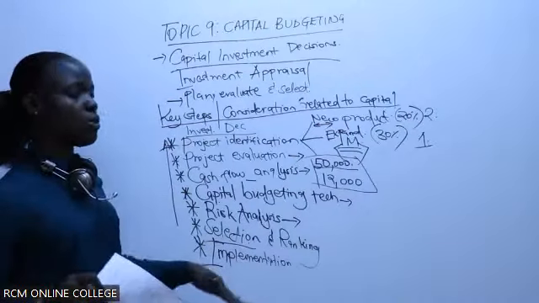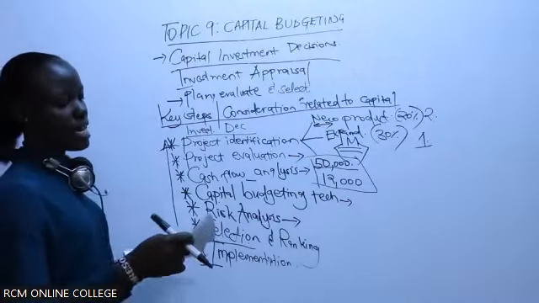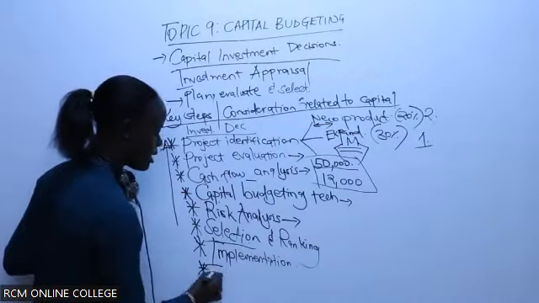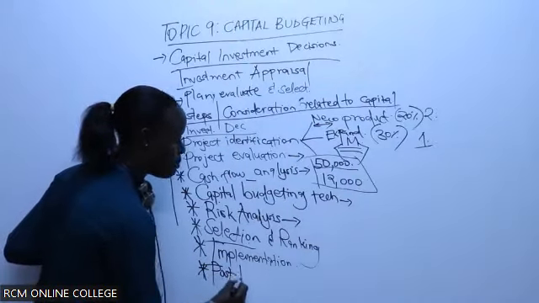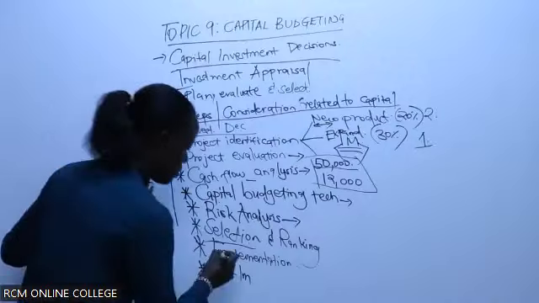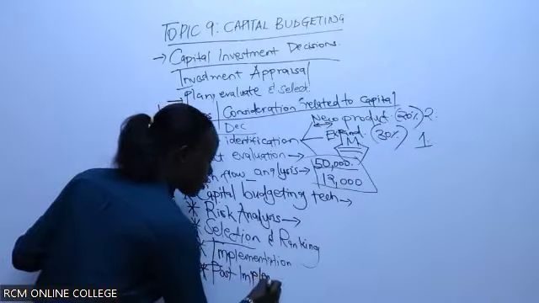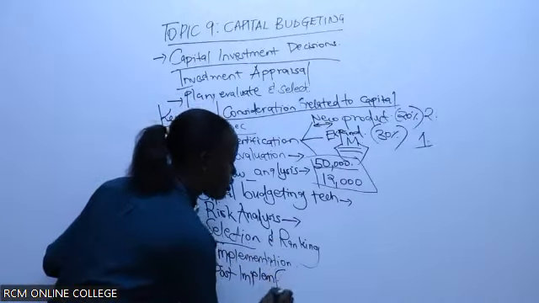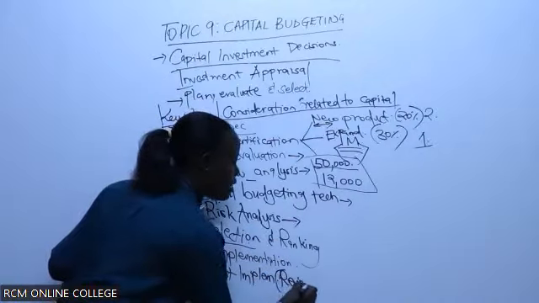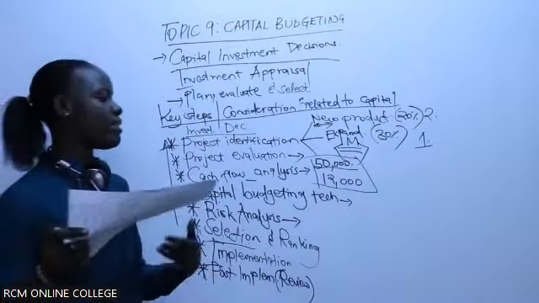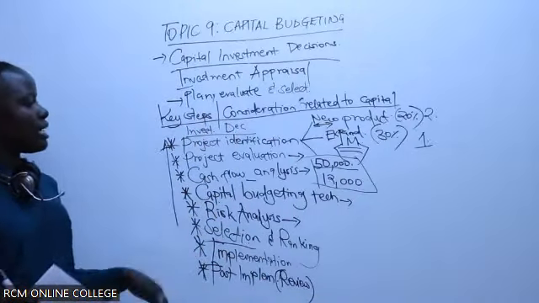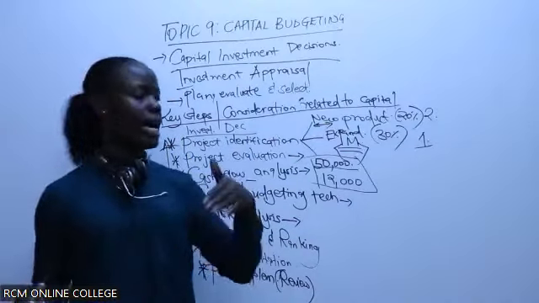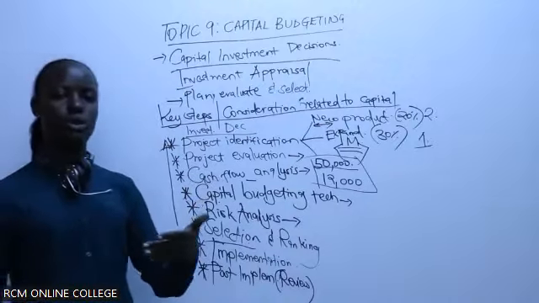After implementation, we have the post-implementation stage, known as monitoring, control, and evaluation. You monitor, control, and evaluate. Are you able to see my board? We're talking of post-implementation. This is where you do a review. For you to do a review, this means that you're monitoring, evaluating, and controlling the project that you've ventured into. Are you achieving the goals that you identified the project would provide to you?